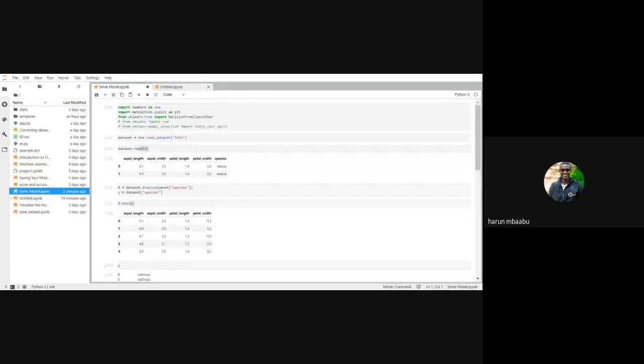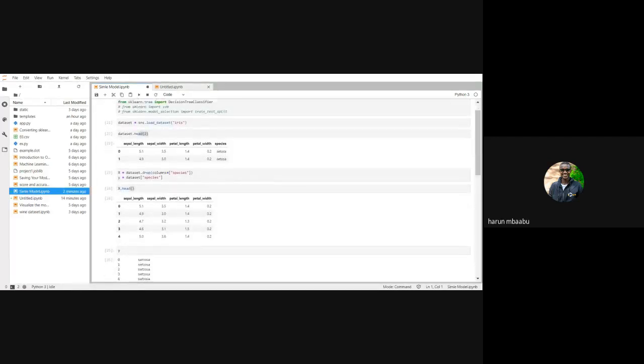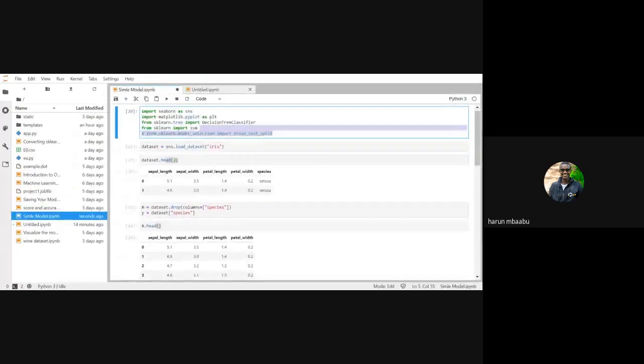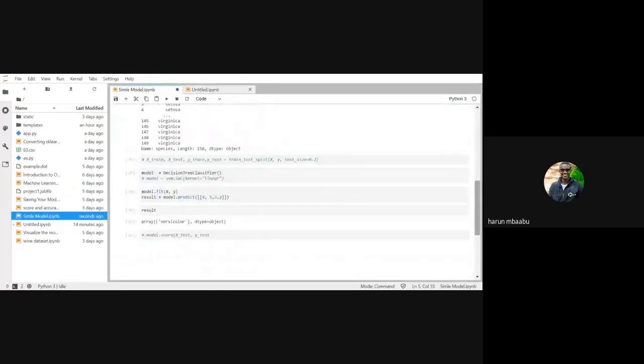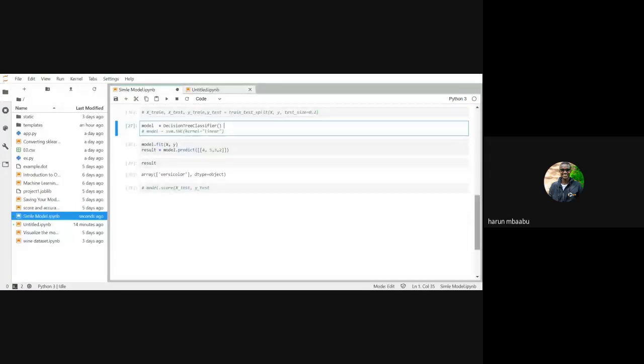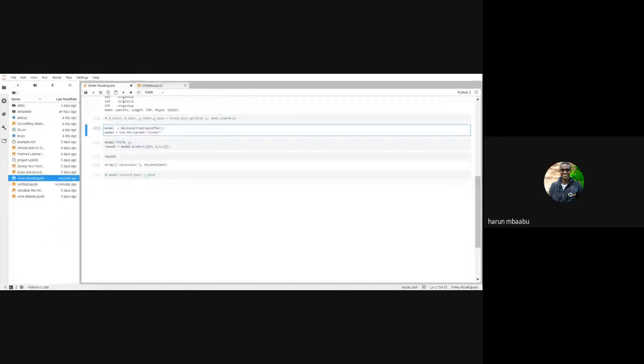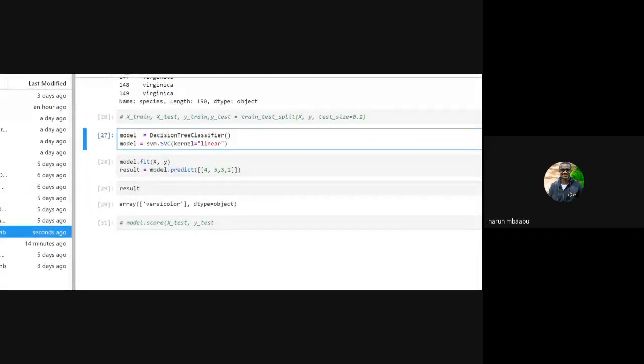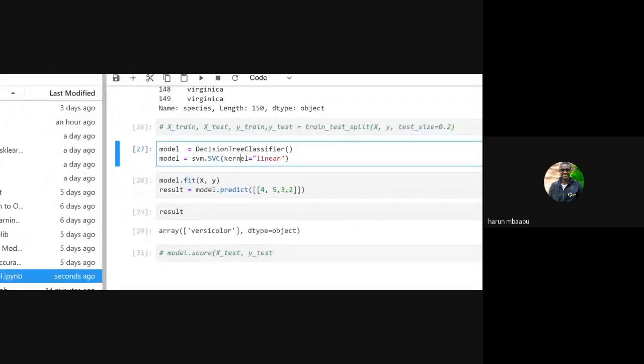I want to use the support vector model now that we have here. So I will uncomment it and make an instance of it at the bottom here. But you can't have two variables with the same name. So what I will do, I will comment the other one. No, I want to use both of them to predict the result. So I will rename this one to model 1.